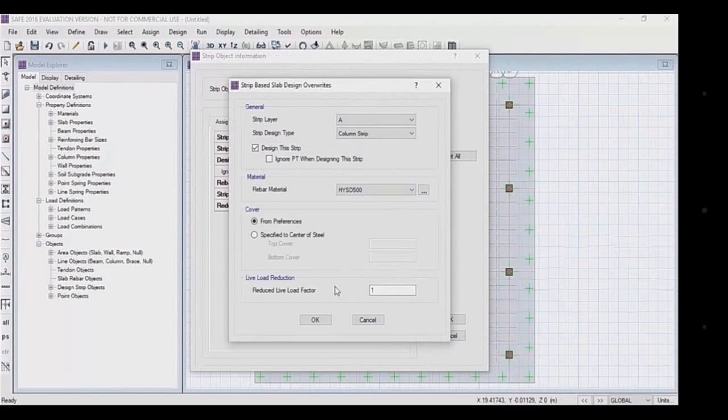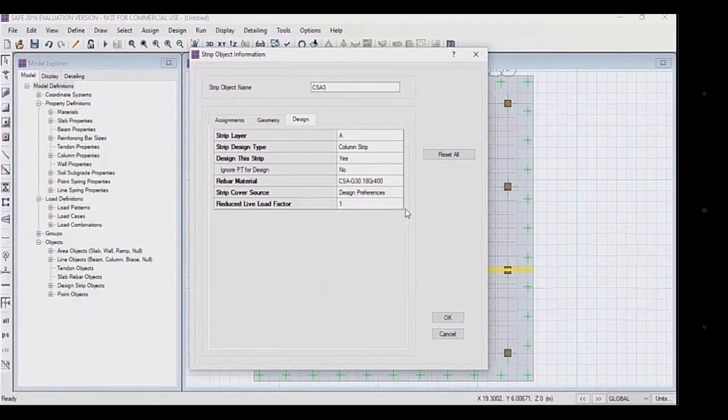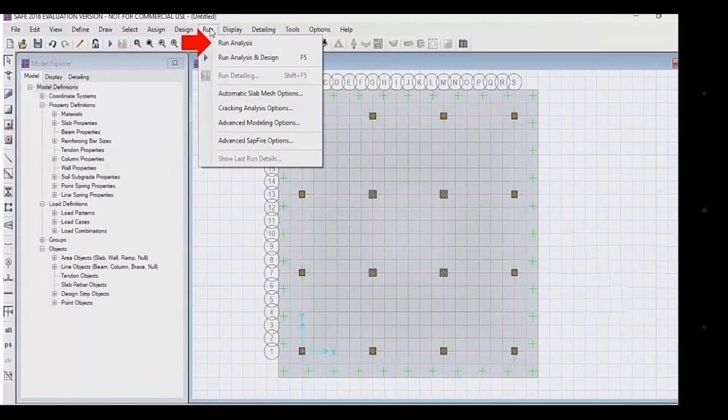For layer A, the rebar material is HYSD, then click on OK. For every strip layer we have to change the rebar material to HYSD 500. In X direction there are 4 layers, and in Y direction there are also 4 layers.